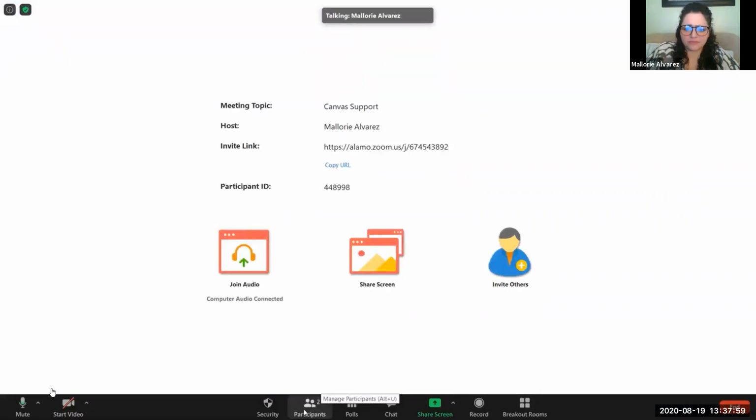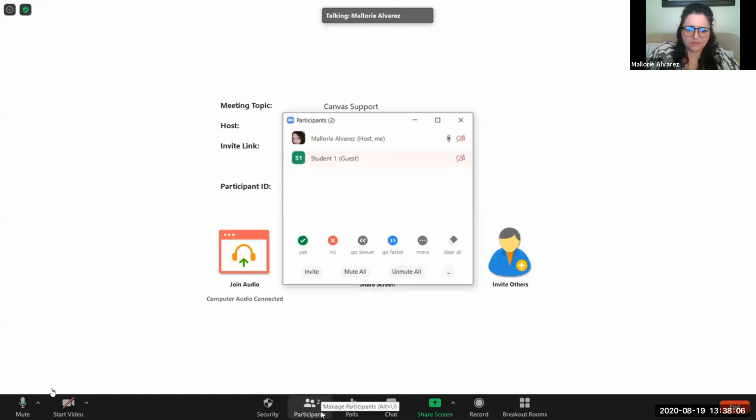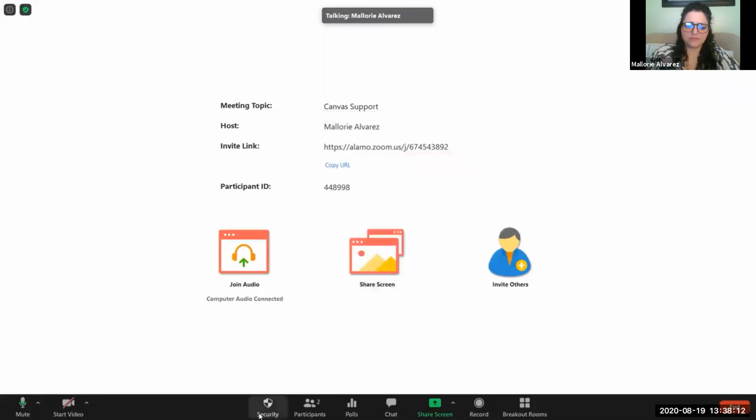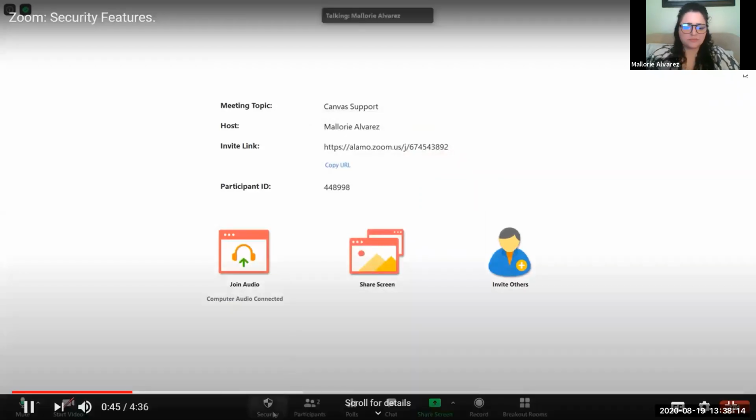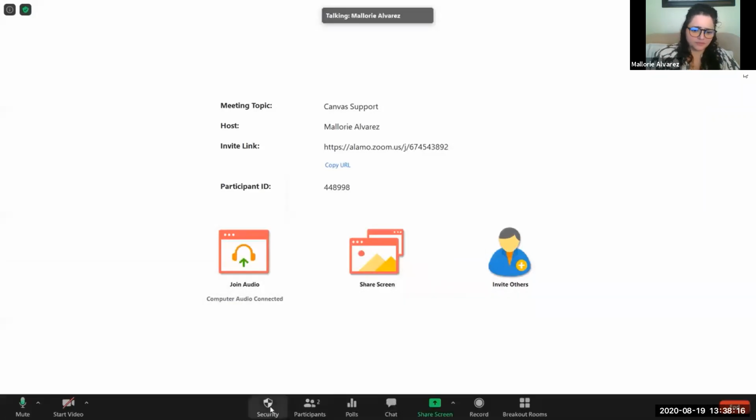Now, one of the major issues that have been occurring is Zoom bombing. So let's pretend that this participant that is in my Zoom meeting has begun to Zoom bomb me during my lecture. The first thing you want to do is to click on the security icon that is presented in your toolbar. If you do not see this icon here listed, then that means that you are not the host of the meeting. So whoever is hosting the meeting will have access to this security feature.